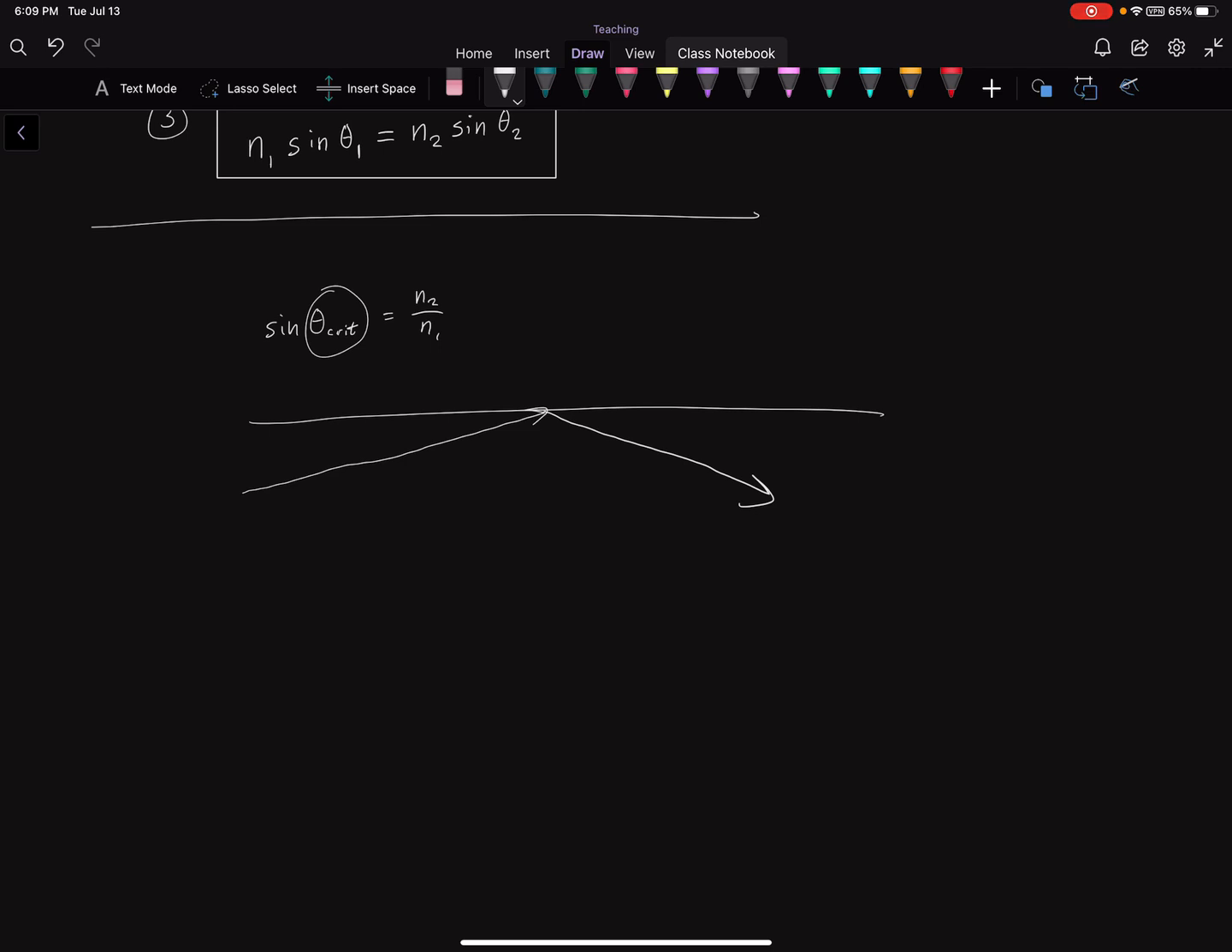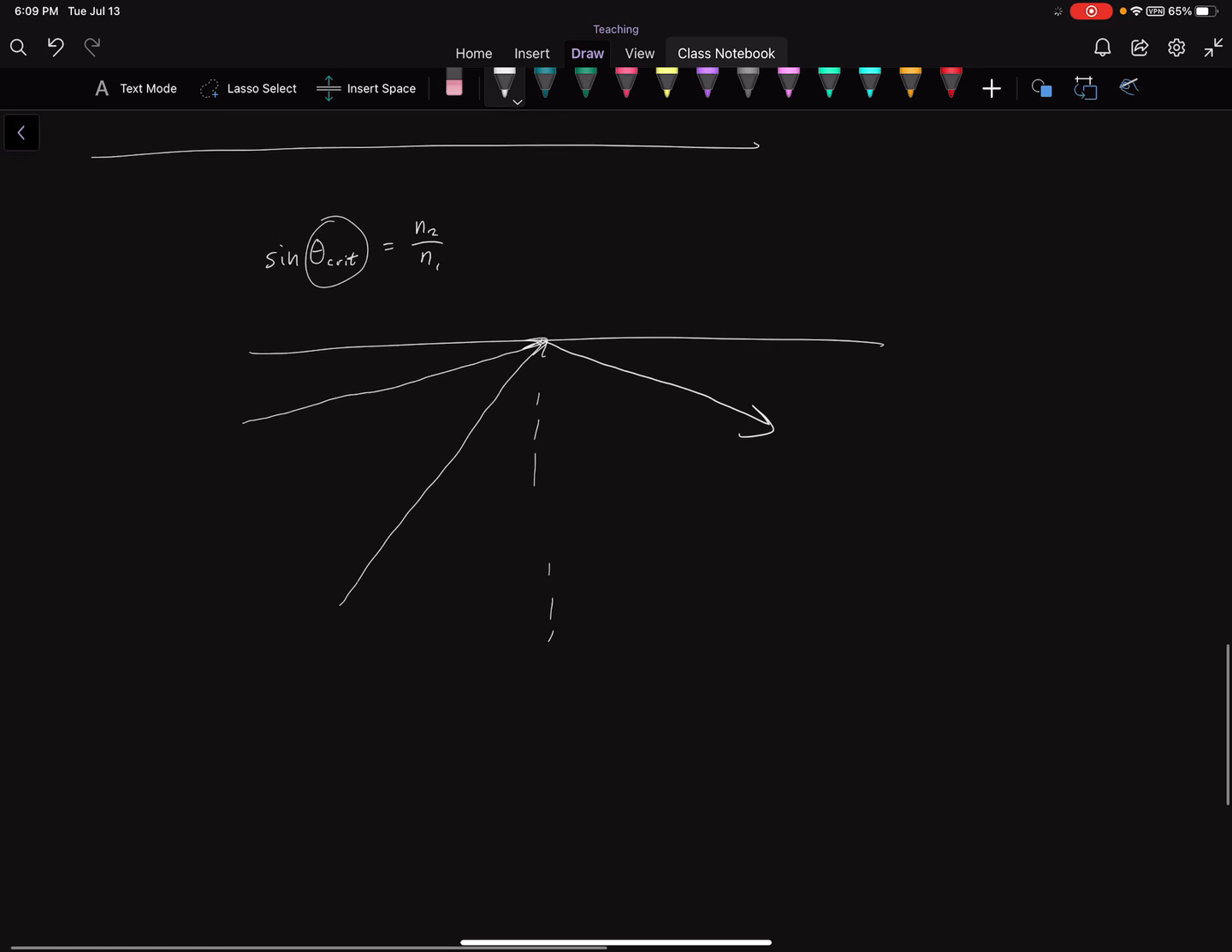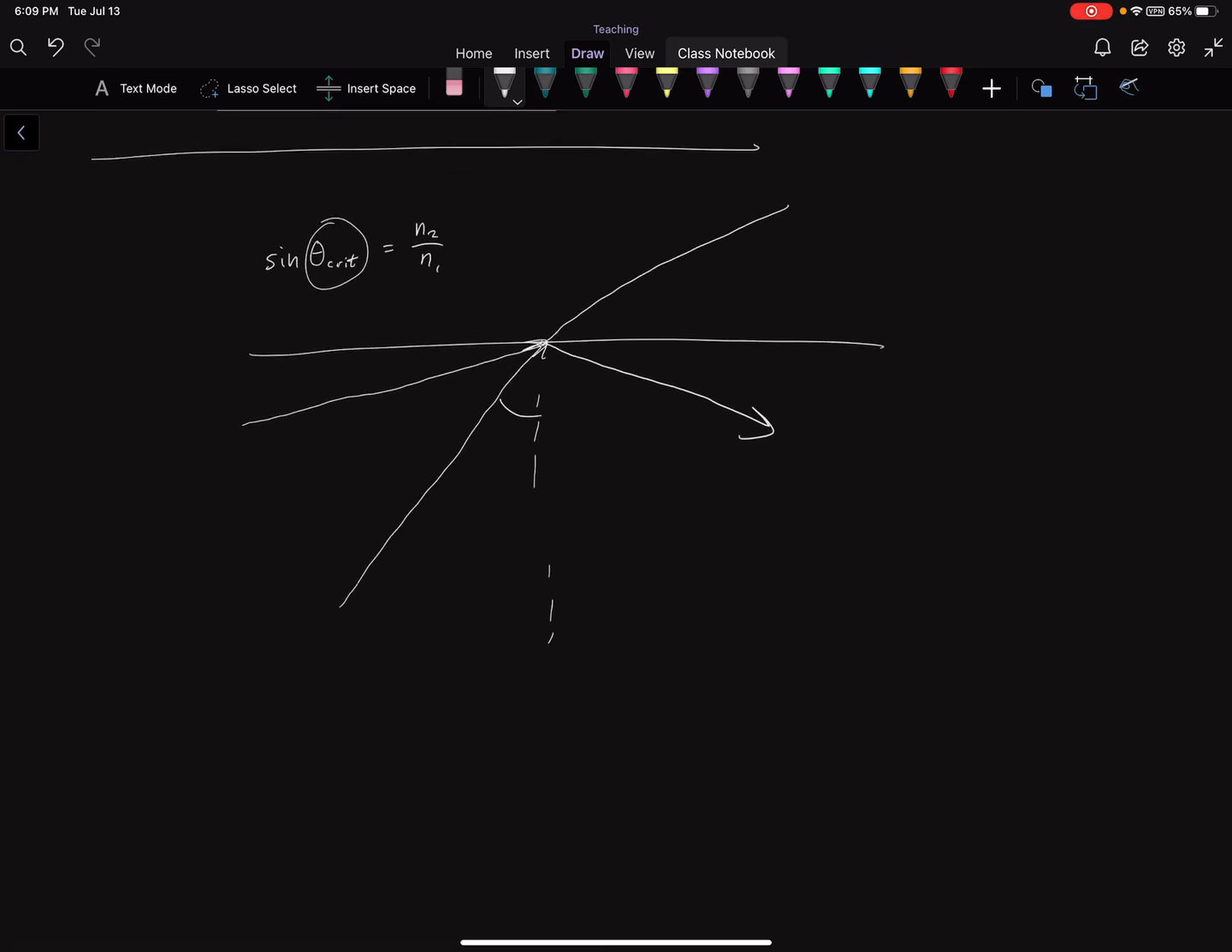So let's see. If you were approaching like this at this angle, then it would refract some amount. And if you approached at this angle, an even bigger angle, hopefully this isn't too much of a mess, then it would bend even more. And if you approach at a bigger angle, this angle, then it would refract even more. And if you get to a certain angle,